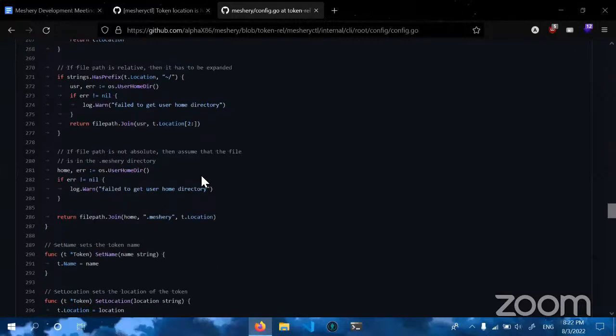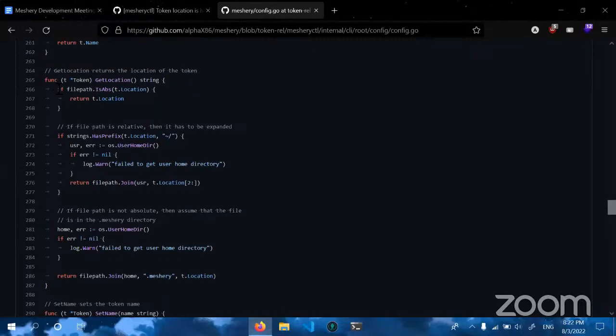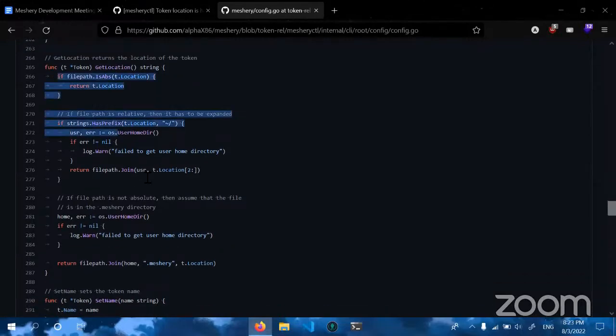Or else if there is no absolute path or this path given, then it is assumed that the mesh config is stored in the meshery directory and then return the config from that directory. So that's how the sequence is present currently. I think we can add the sequence for the environment variable as well.